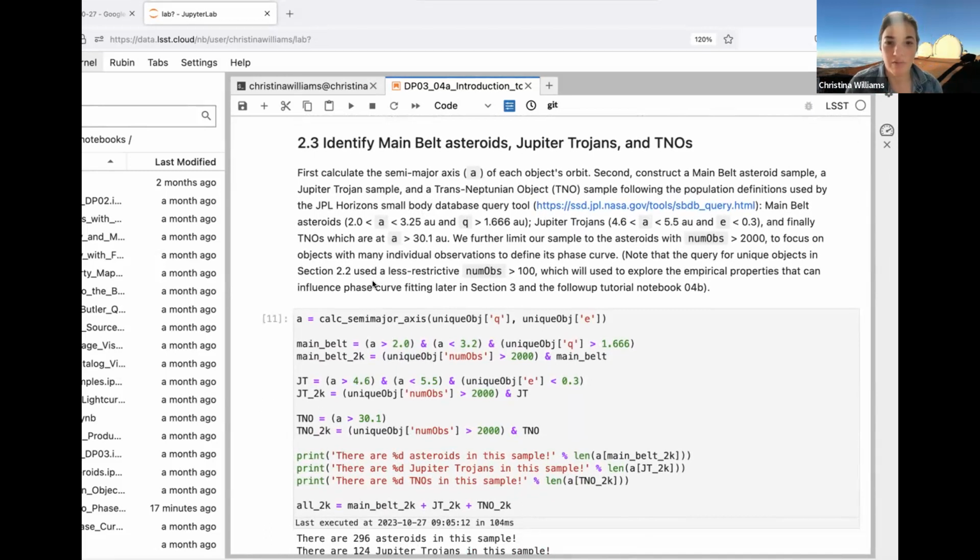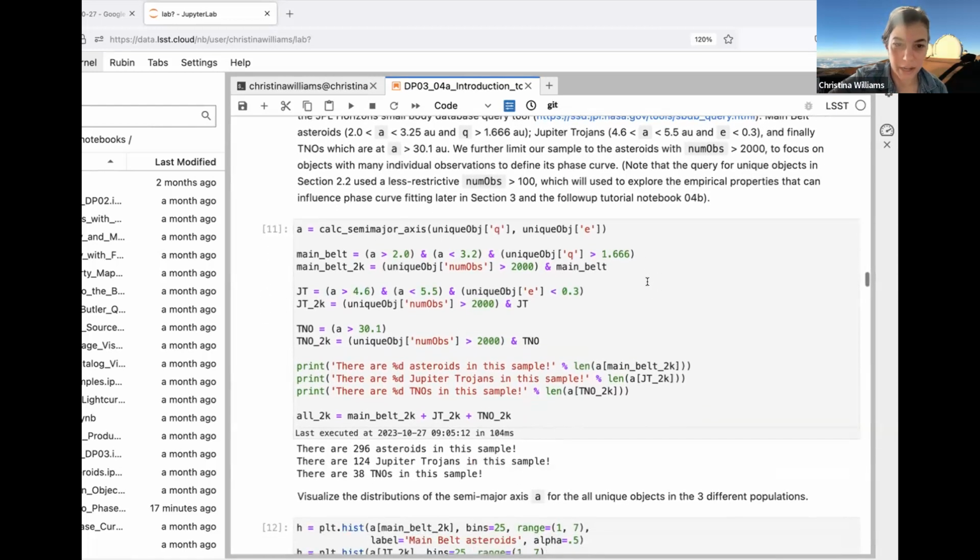We have Jupiter Trojans at a more intermediate distance, and then trans-Neptunian objects that are way out beyond 30 AU. To help with our reconstruction of the phase curves, we're also picking objects that specifically have 2,000 or more individual observations in DP0.3.